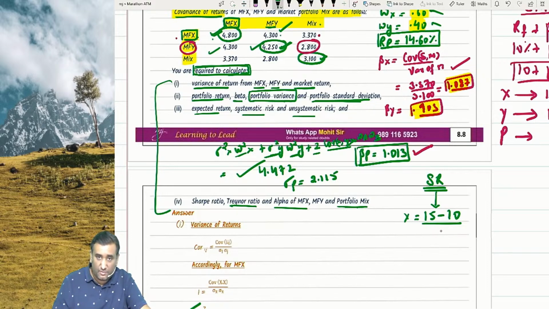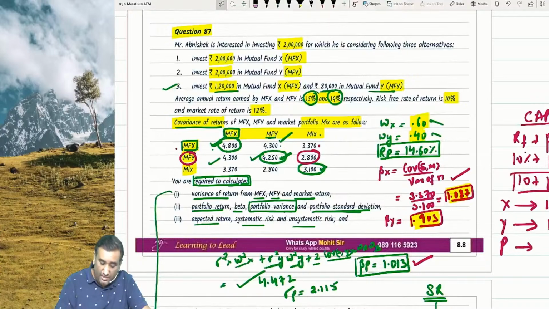You have to calculate standard deviations also. Standard deviation of X and Y, because you'll have to divide by standard deviation. X standard deviation will be 4.8 under root, 2.19. Y would be